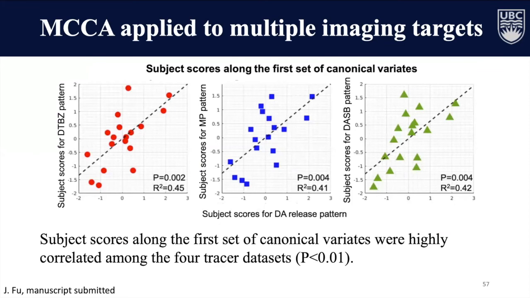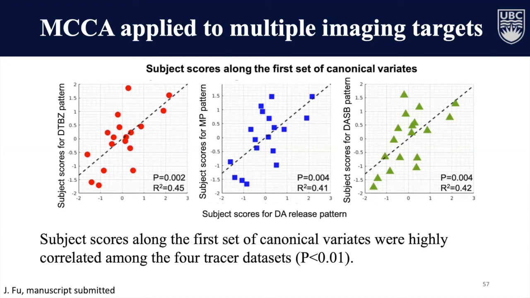So here you see the subject scores along the first set of MCCA component. That is, again, the component that extracts the most common information from all the data sets. Here you see the subject scores along the first component were highly correlated among the four tracer data sets. And this reflects that the proposed method can extract the common information related to the dopaminergic and serotonergic system